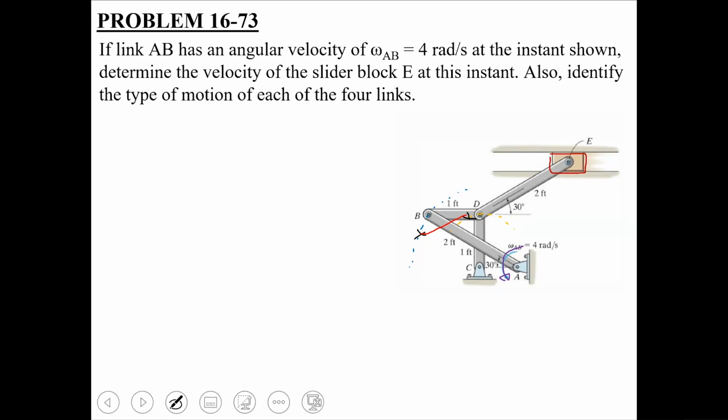General plane motion. इसमें जनरल प्लेन मोशन हुआ है, यानी ट्रांसलेशन एज वेल एज रोटेशन दोनों इसमें साइमल्टेनियसली हो रही हैं। सो दिस लिंक BD इज बेसिकली अंडरगोइंग जनरल प्लेन मोशन। ओके, कैन यू जज द डायरेक्शन ऑफ ओमेगा BD? क्या डायरेक्शन है? Counterclockwise. So this is going to be the direction of omega BD, which is in a counterclockwise direction. ठीक है, अगर जज नहीं भी कर सकते तो हम अपनी एनालिसिस में इसको counterclockwise assume कर सकते हैं।